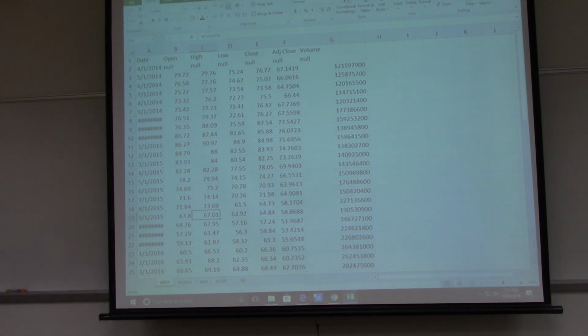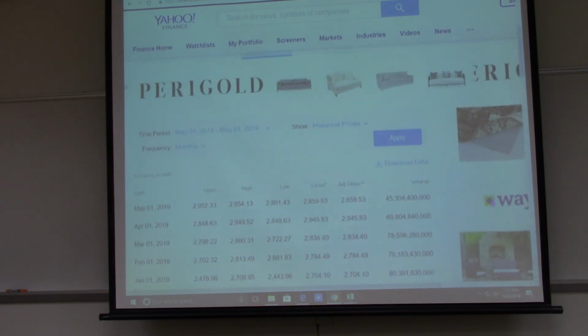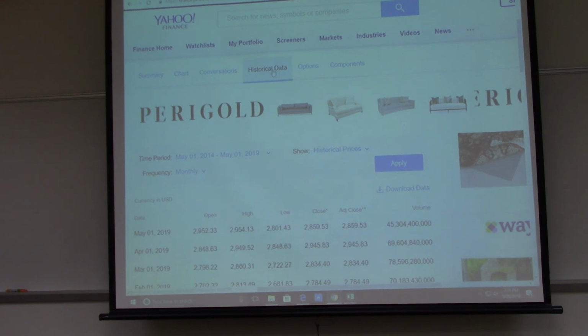So what I did, go to Yahoo Finance, and click on Find Walmart, for example. Click on Historical Data, and then change the time period to this. And also show historical prices. Frequency is monthly. Once you're done with it, click on apply. And you see a report. You see a table of stock prices. And you click on download the data. So you should be able just to download it. There's one chart. Okay,